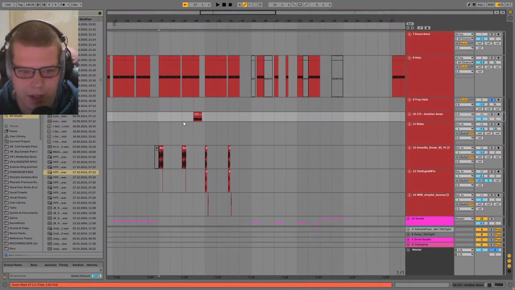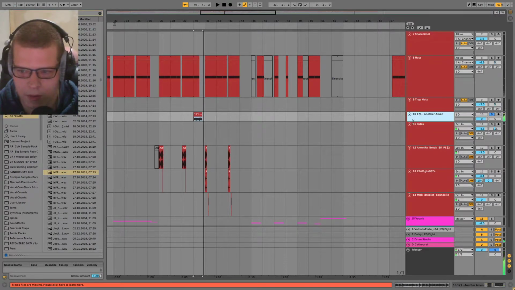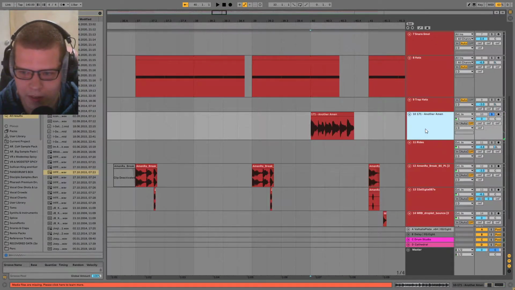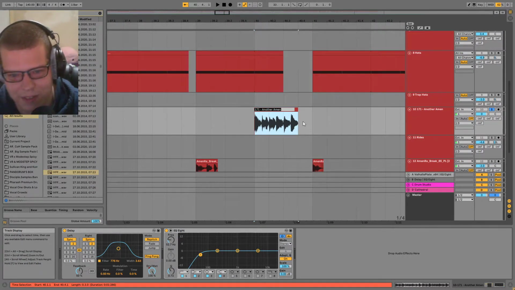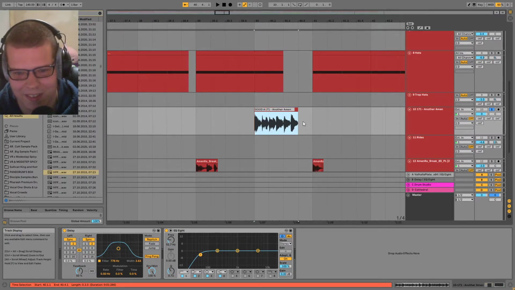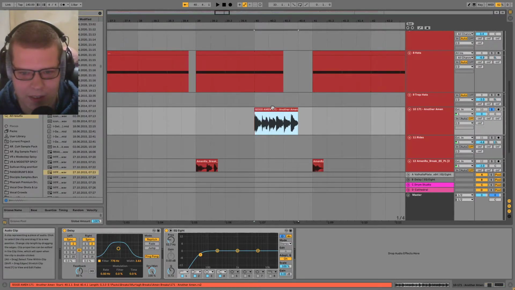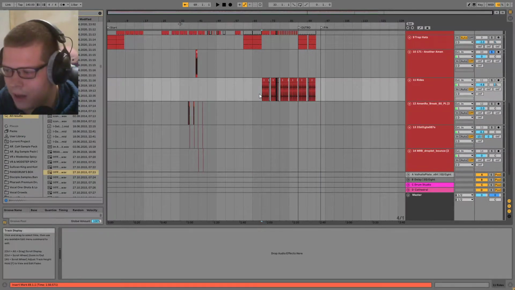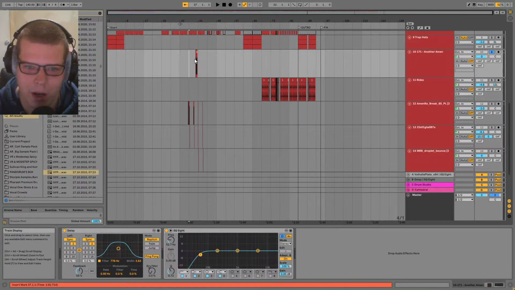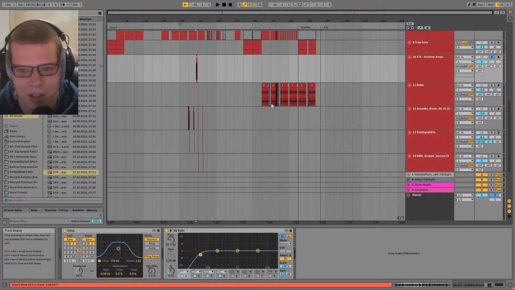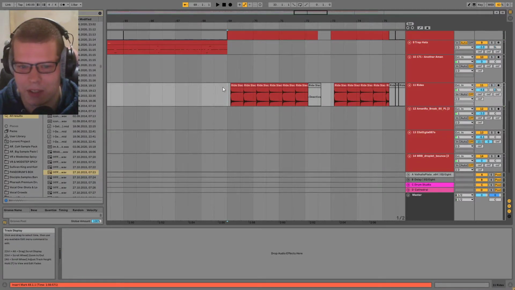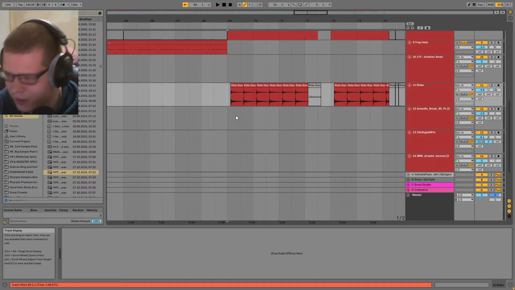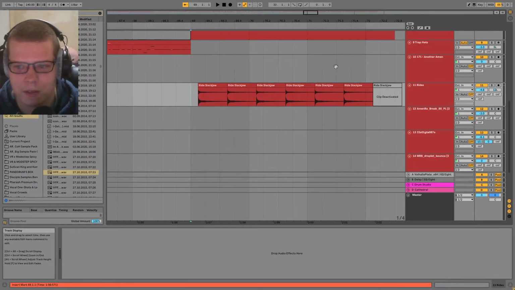This is just an almond break sample. I need to save this because I want to use that again. I'm having a hard time lately finding almond break samples that actually fit well in my tracks. I've got thousands, maybe not thousands, but at least hundreds of almond break samples, and it's just hard to find ones that fit.